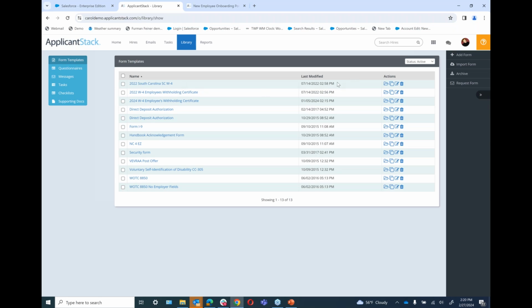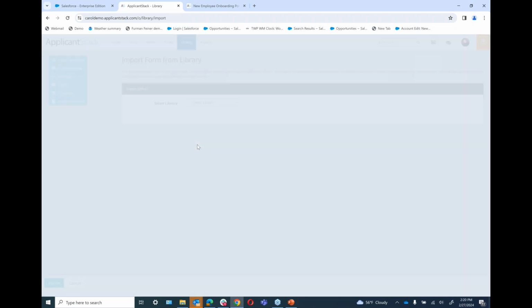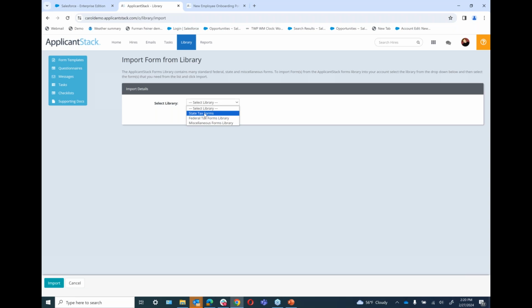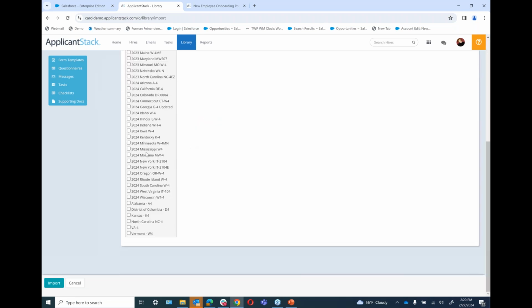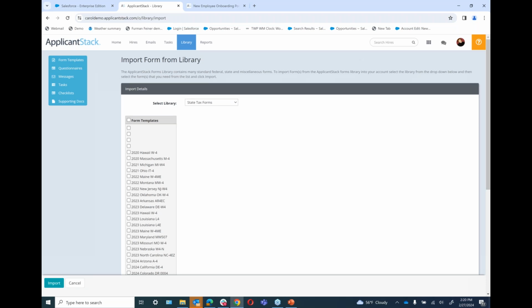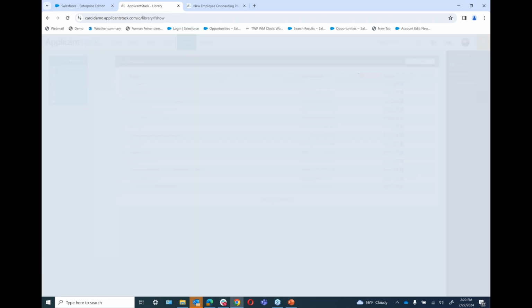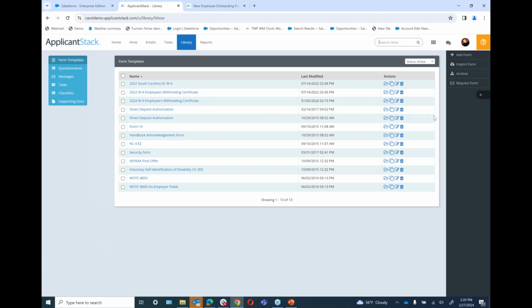Those are available via import form. They're already built for you. Our team stays on top of those, so if any changes happen, it will be updated in the system, but you can, for example, check the ones you need. So we've got 2024 here at the bottom. Looks like some were updated. You'll simply import those. And then if you have a custom form, so something specific to your organization, we can